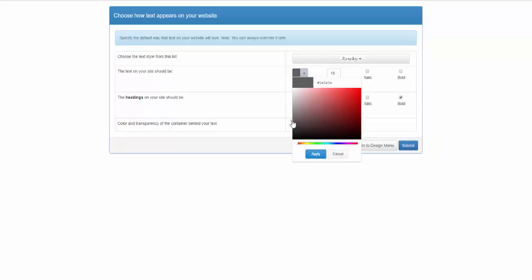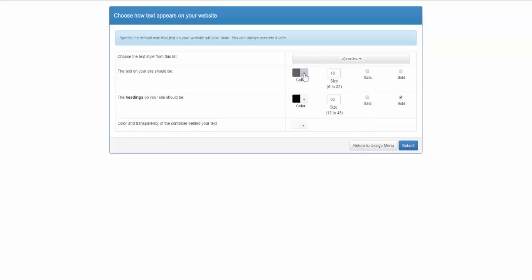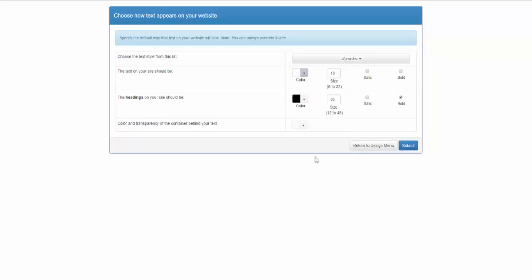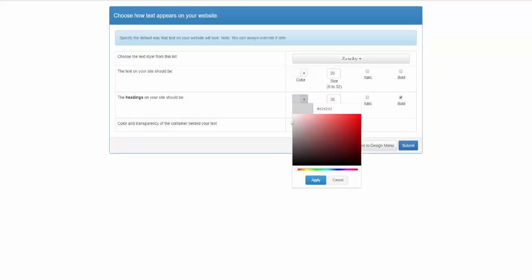So we put a little bit darker of a background. Let's lighten this up a tad here. Go real white for the paragraph text. Put this at 20 pixels. And for the heading text, since this will be larger, we'll make it kind of gray, kind of a light gray here. And as you can see, you can change these colors to anything you want by just pulling this around and